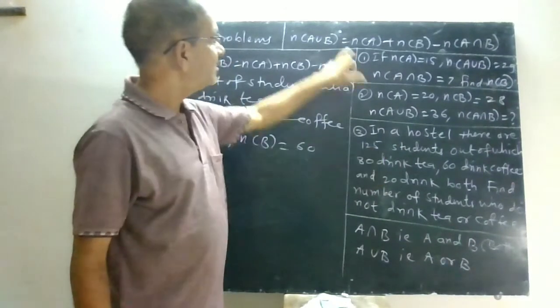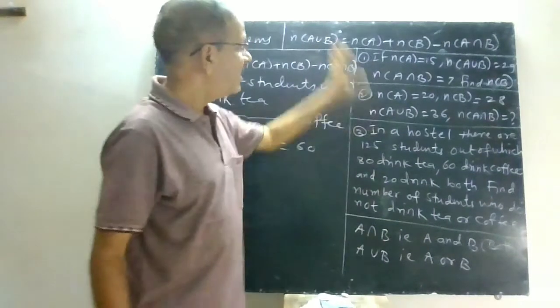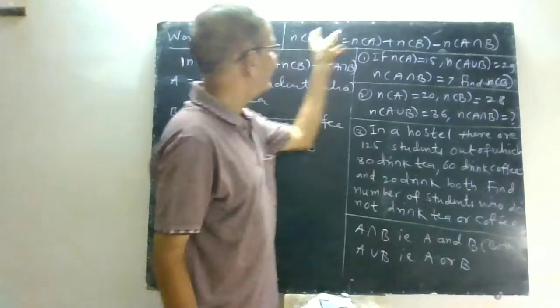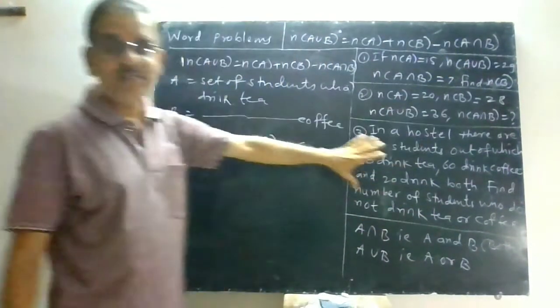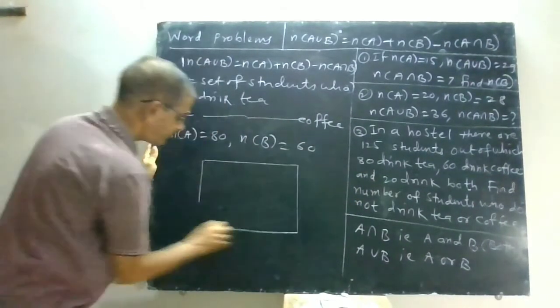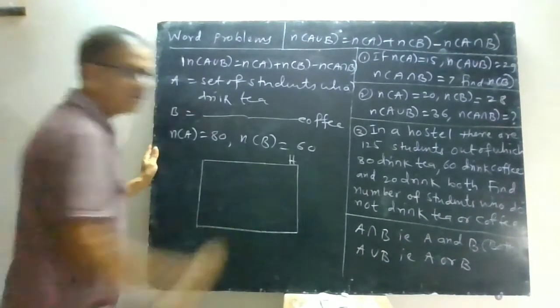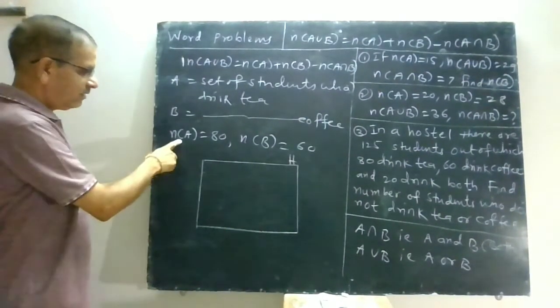That means neither A union B nor A intersection B is given, and you don't have to find this one as well as this one. Now see, this is a different problem. Now suppose this is your hostel. In this one, this is your